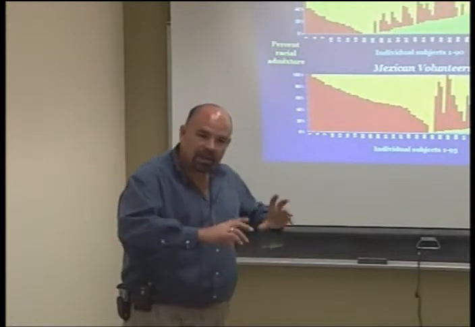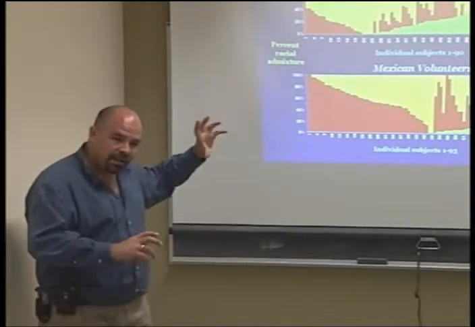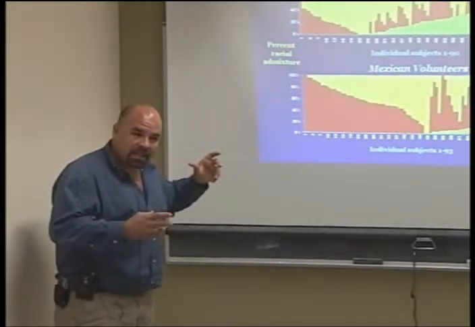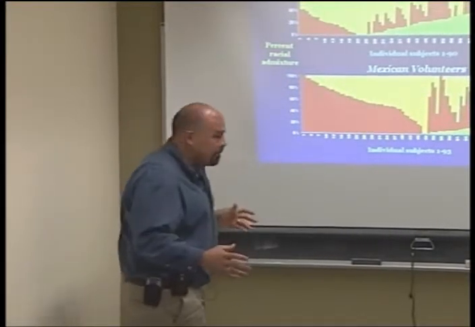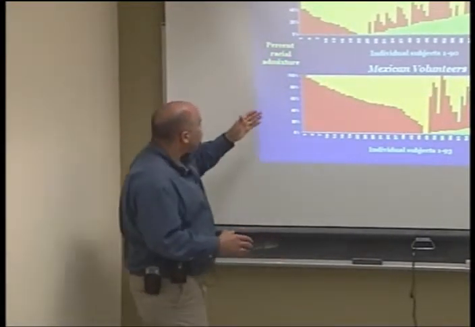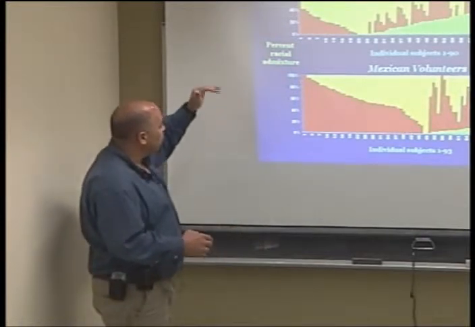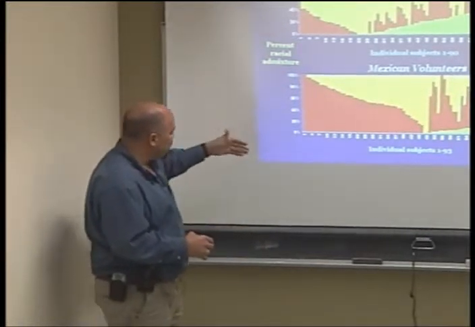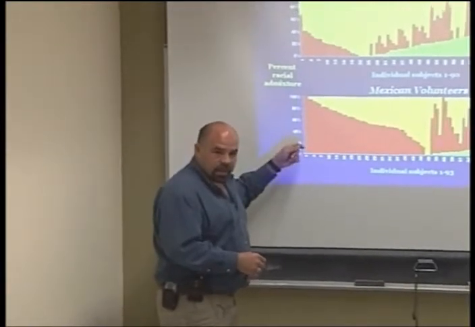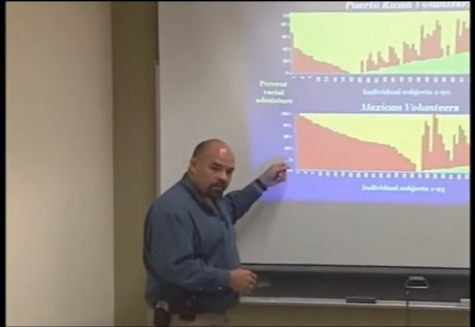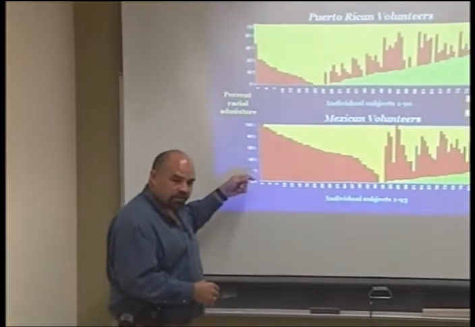But when you turn that table, that was a group admixture, when you turn that table on the side and look at individual admixture, which I have here, it's all over the map. Now, on this slide, I have Puerto Ricans on top, Mexicans on the bottom, and each bar represents an individual, and each color represents the proportion of that individual's genetic ancestry.